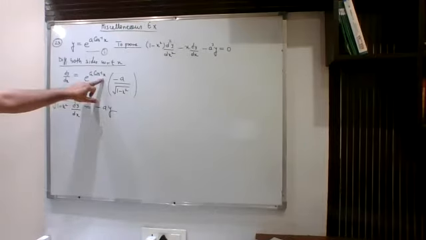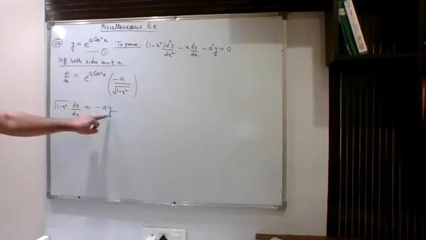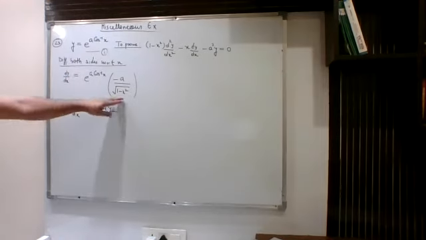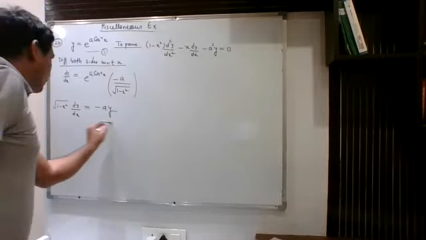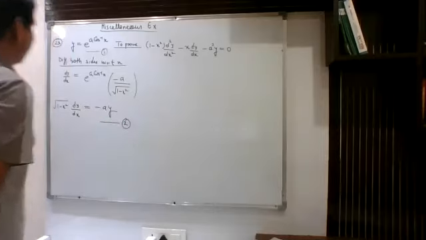e to the power a cos inverse x can be written as y. So that is what I had written, and this is minus a. And I just cross multiplied this on this side. Okay, now after this, you will take the second order derivative. Let us call this number 2.